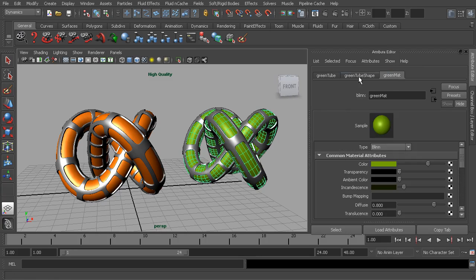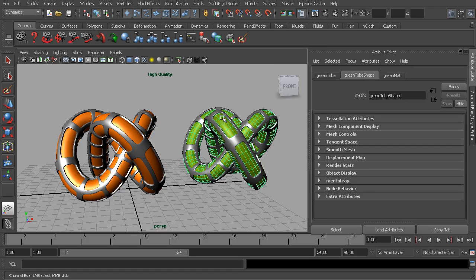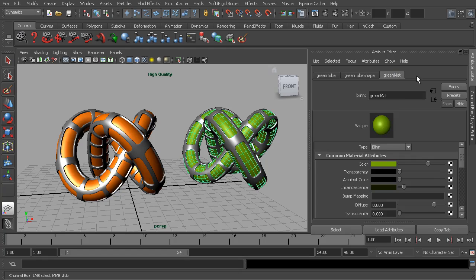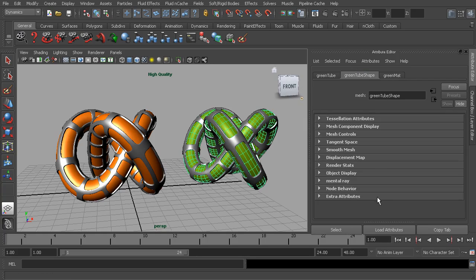So it does look fairly daunting at first, and as you start to make more changes to your geometry, you'll start to see all of those operations start to appear as new tabs within this attribute editor. So this thing can start to get pretty full. And again, it looks a little bit daunting at first, but once you sort of understand where you need to be looking, these things will start to make a little bit more sense. And again, we'll be talking about this area pretty extensively as we start to get a little bit further along